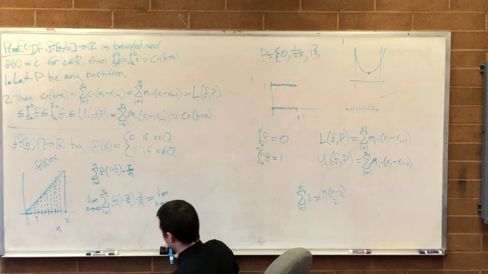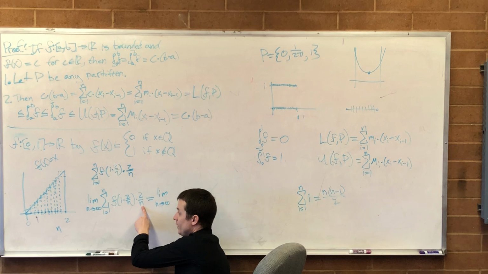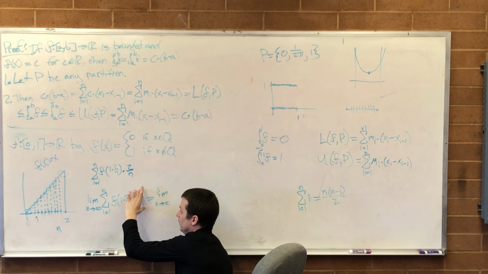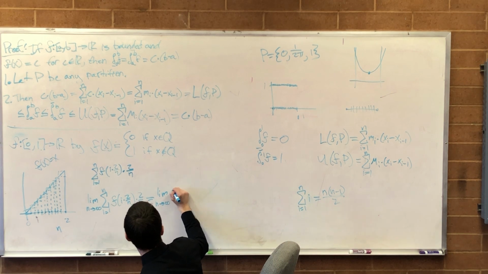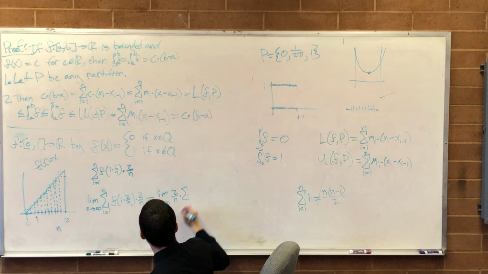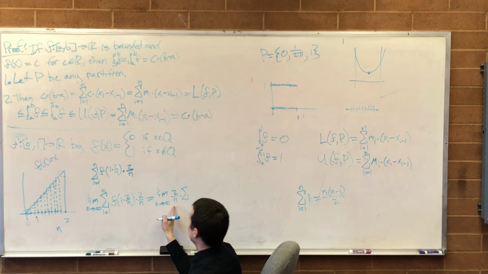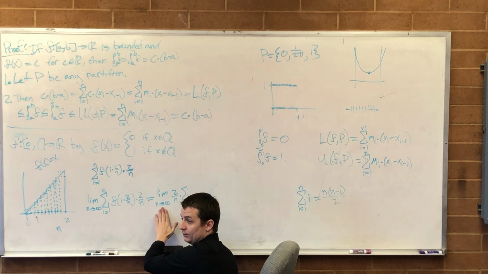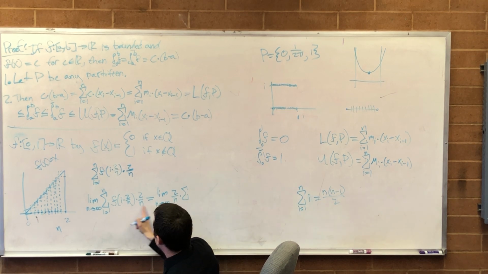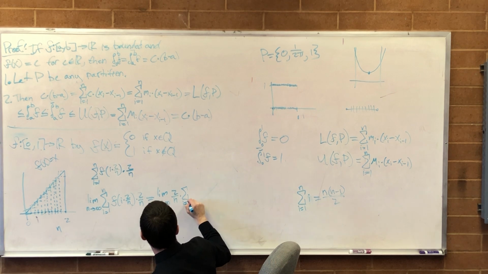Well, let's not write the sum yet. Notice that n is a constant, so I can pull my 2 over n out, right? Not out of the limit, but out of the sum. We still have our limit there. Alright, so 2 over n, pulling that out, we still have the sum from i equals 1 to